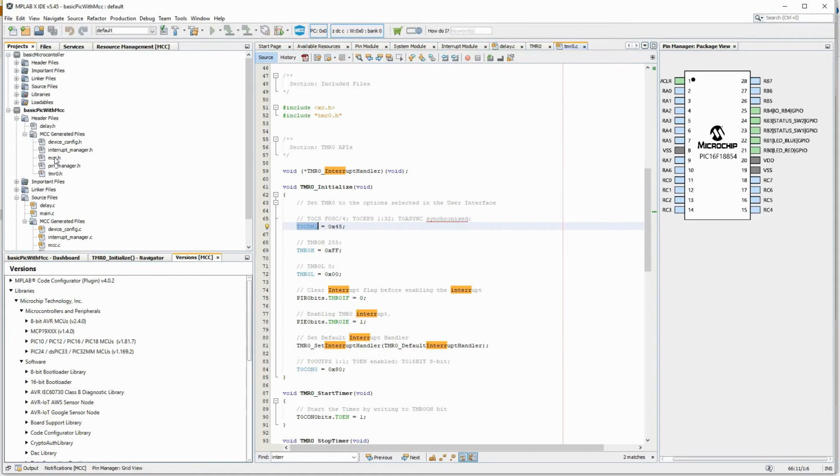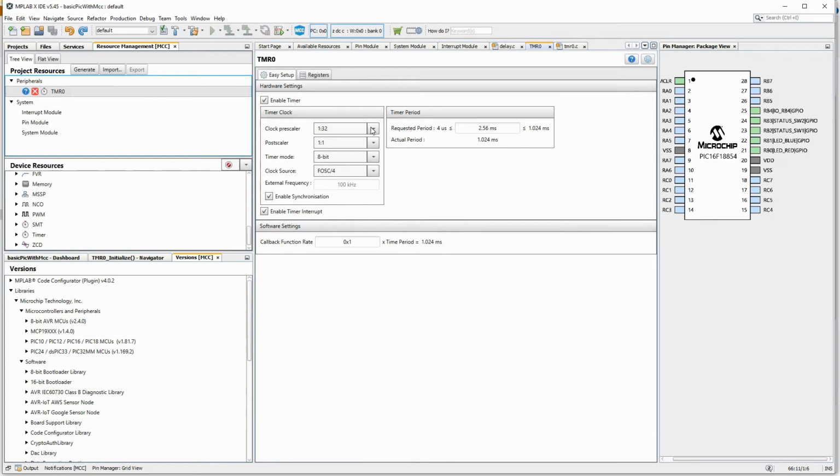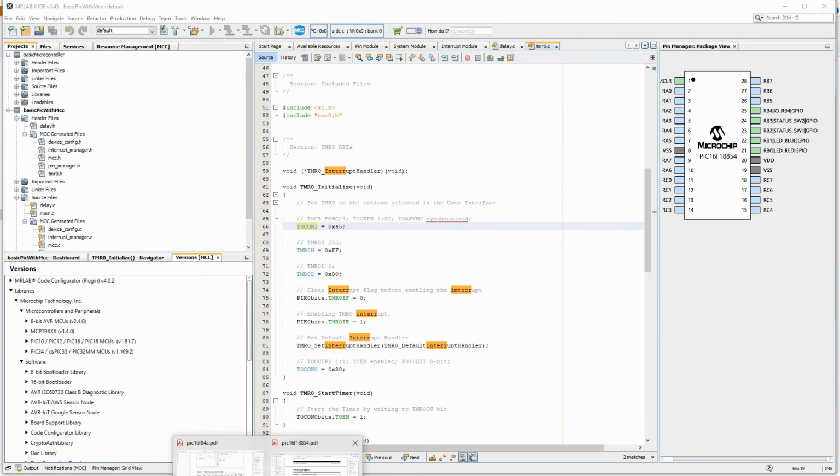So let me just see in which mode we have set it. It's an 8-bit mode or 32-bit mode. So timer mode is 8-bit mode. Okay. So let's go back to our project, and if you come to the